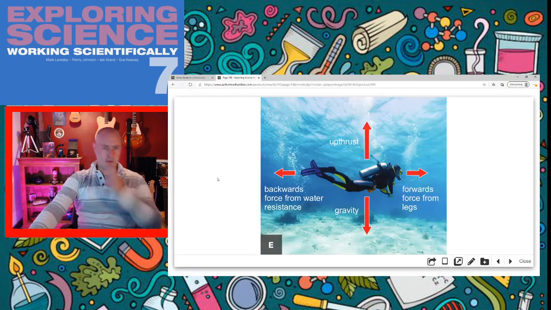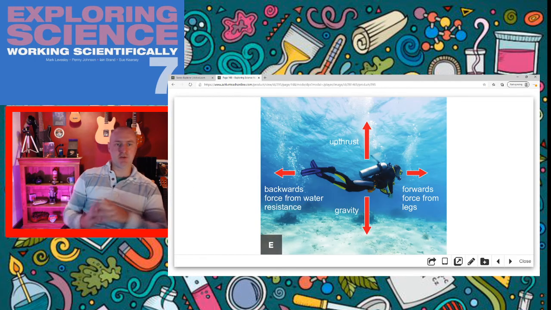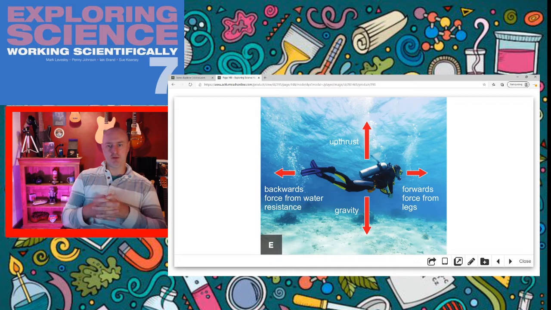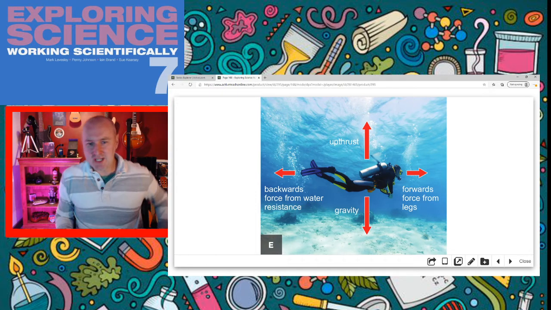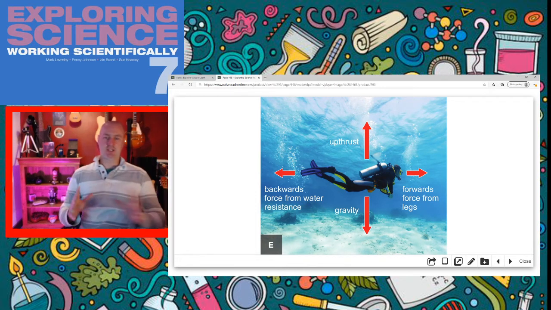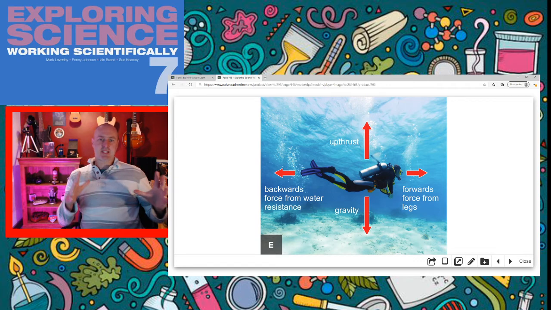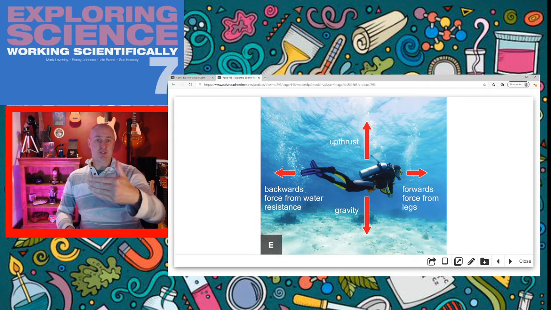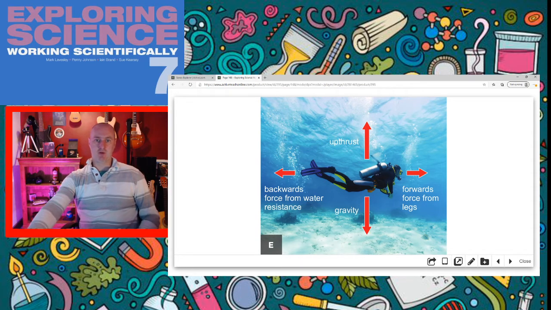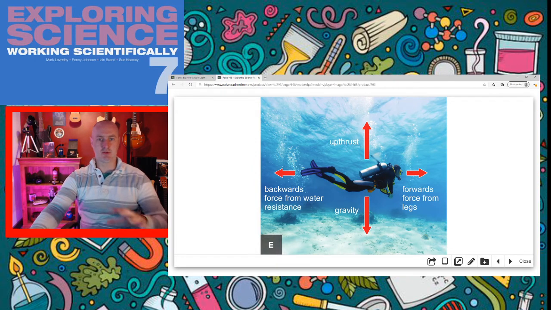Well, what's going to happen if we have these forces applied? And again, this is another area, a little bit of a misconception. People will often look at that and they'll say, the diver's not going to move. Now, that's not necessarily true. If this diver was already swimming when the forces around him arrived at those sizes,